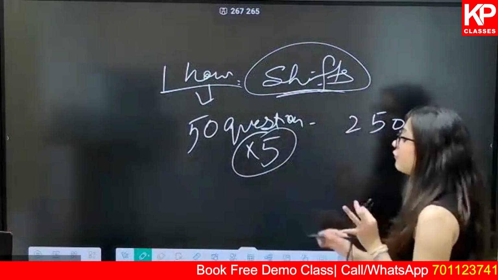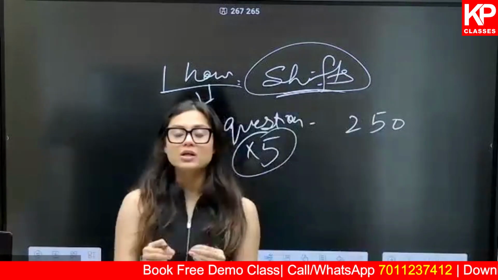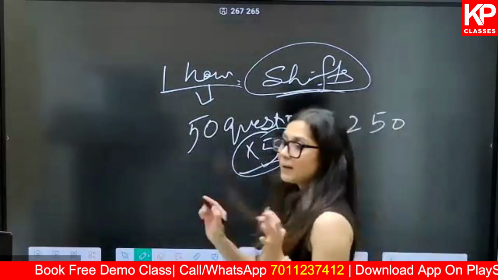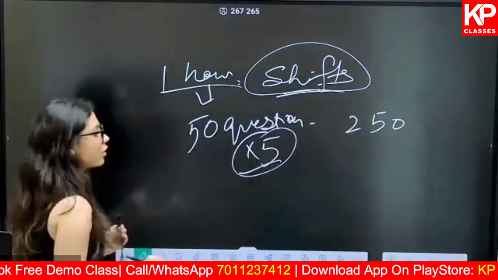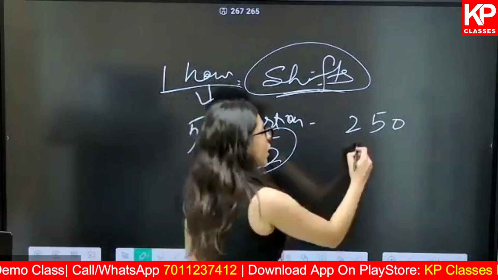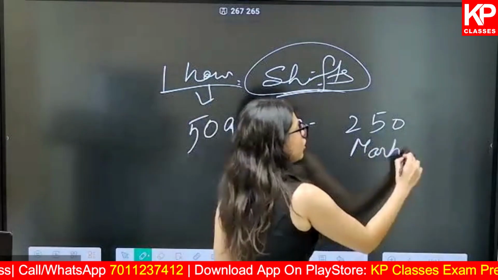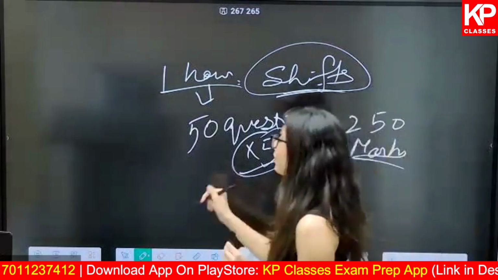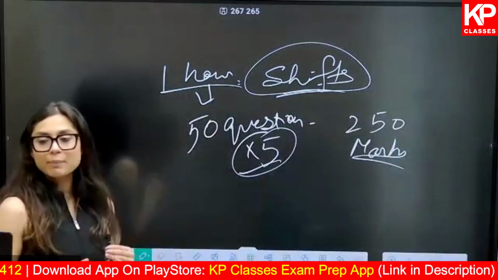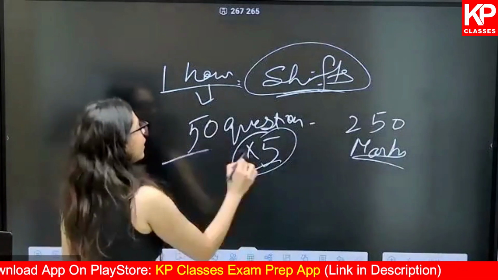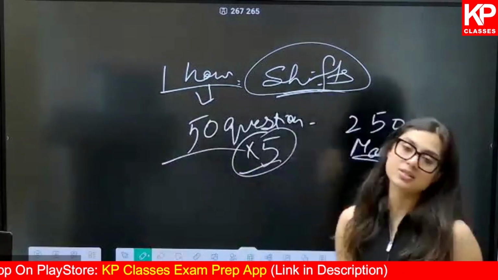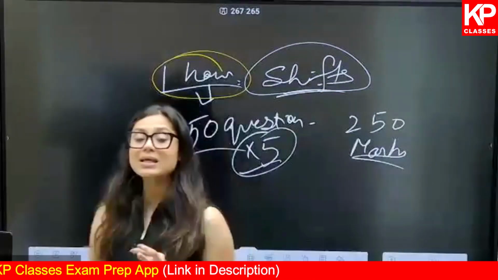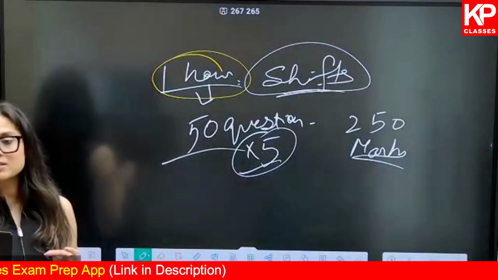So yes, if you don't know a question, you can leave it, no marks will be deducted. But if you attempt it, -1 will be the negative marking. That's how your score will be decided. You have to attempt all the 50 questions. Last year, it was that you had to attempt 40 out of 50, so it was a 200 marks paper. But this time it is mandatory to attempt all the questions. And your duration will be 60 minutes. So in 60 minutes,